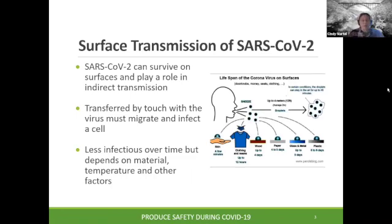So this is again from module number 1, and Barbara identified 4 potential places where transmission can occur, although 2 of them have been deemed pretty irrelevant in terms of having any cases. But we also know that there's a huge potential in the surface area, mainly because we're talking about areas where employees tend to have to cluster. So I'm thinking about a harvest field. Okay, you're going to have a congregation of employees. I'm thinking about a packing line. I'm thinking about an on-farm market. So those are all places where there are surfaces, there are interactions with either employees or visitors, and we want to look at what we're already doing for those areas, but also thinking about how we can provide some enhanced